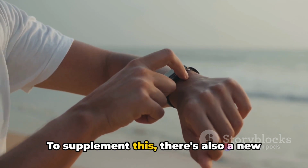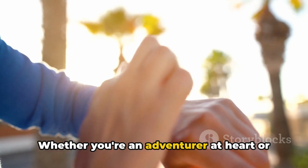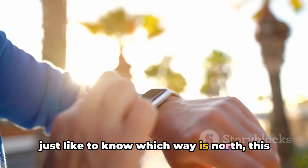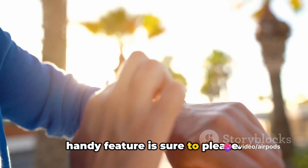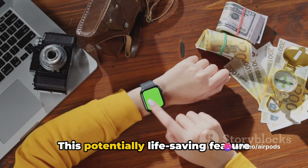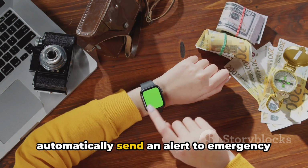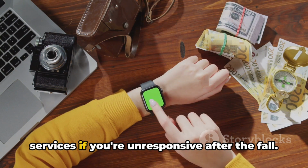To supplement this, there's also a new onboard compass. Whether you're an adventurer at heart, or just like to know which way is north, this handy feature is sure to please. And let's not forget about the crash detection feature. This potentially life-saving feature monitors for hard falls, and can automatically send an alert to emergency services if you're unresponsive